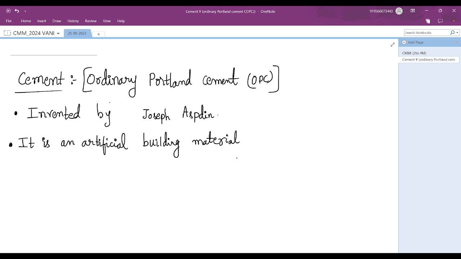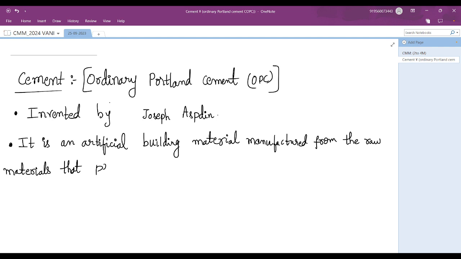It is an artificial building material manufactured from the raw materials